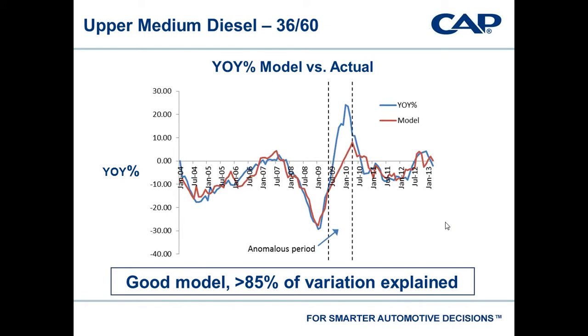So just a quick example of one of the proof of concept exercises that we did. I think this was back in April. This is for upper medium diesel at 3-year 60. The blue line is the actual track of the year-over-year percentage. The red line is our statistical model. So you can see for most of that period, the two lines are very close. So the model actually very accurately describes the change in the used car price in terms of just 4 or 5 input variables. There is, however, a 9-month period